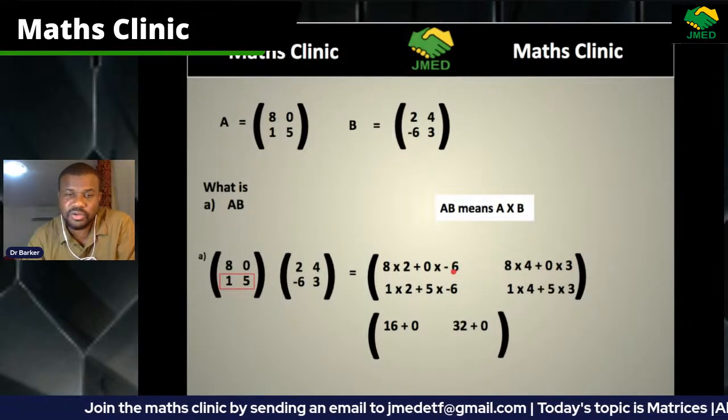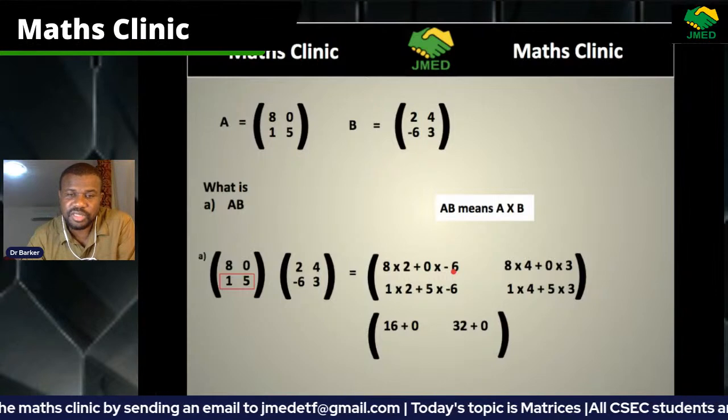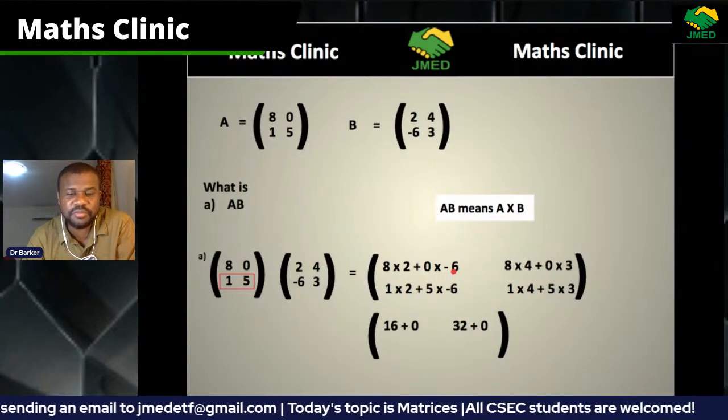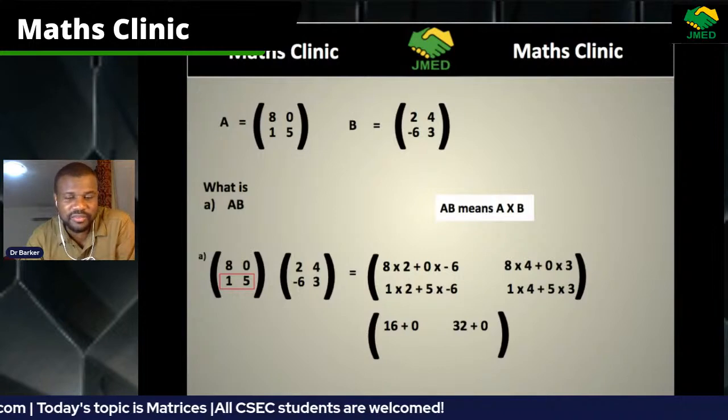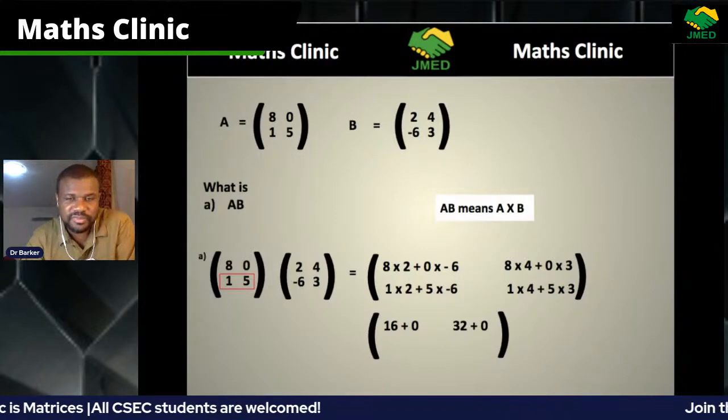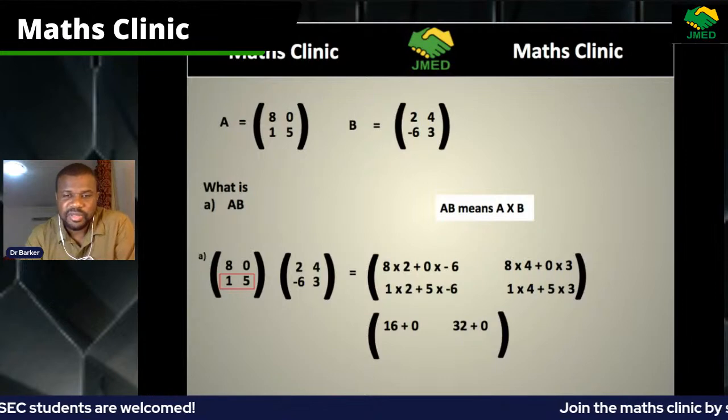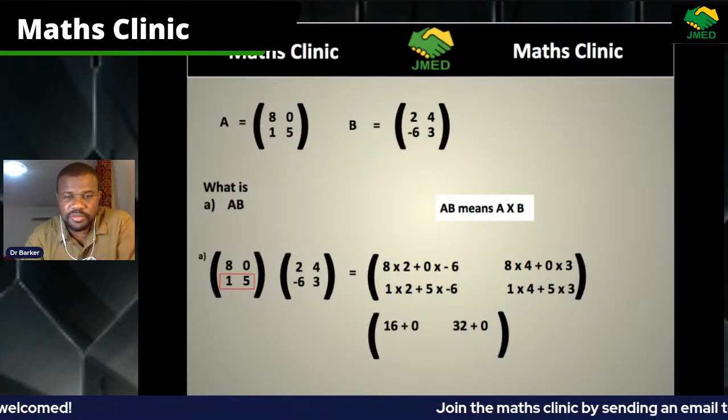Because negative 0 is still 0. There's no negative. Remember that 0 is the bar there. When it's at 0, it's neither negative or positive. So that's why. And then we have 1 times 2 and 5 times minus 6, which will give us